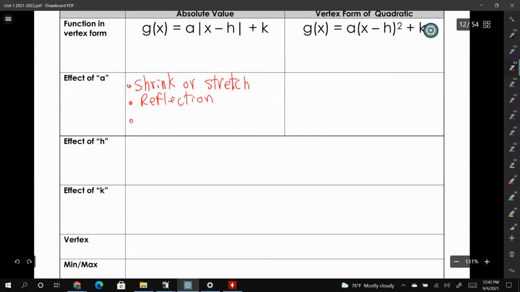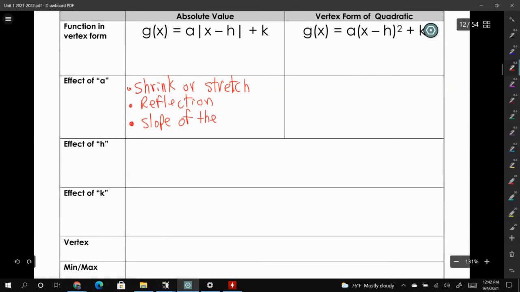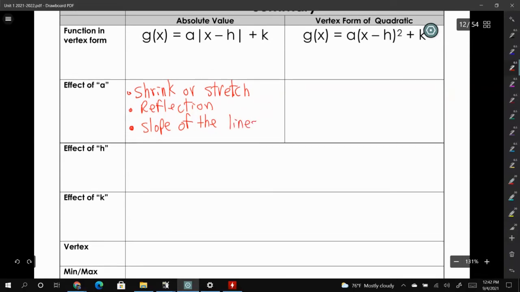In the absolute value function, though, it is also the slope of the two lines, or the lines of the V, whereas in the vertex form, it still is a shrink or stretch. We still have a reflection,